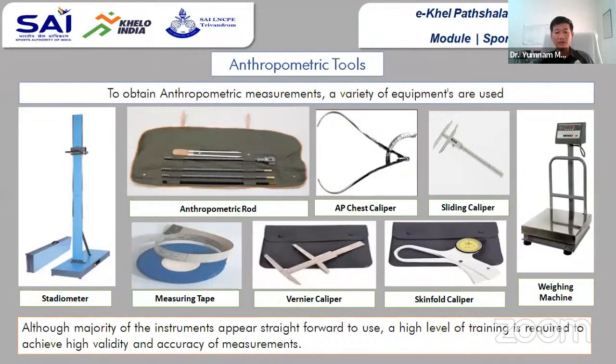Apart from these, there is lots of equipment available now in department laboratories and in the market also for calculating body composition. BIA, bioelectrical impedance methods are there. Dual energy X-ray, DEXA, is there. These are the classical models of equipment. Nowadays, lots of upgraded equipment and technology has been developed, and you will find different methods for calculating body composition. And the simplest one is the weighing machine.